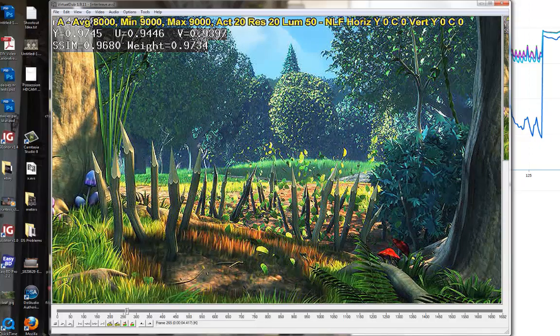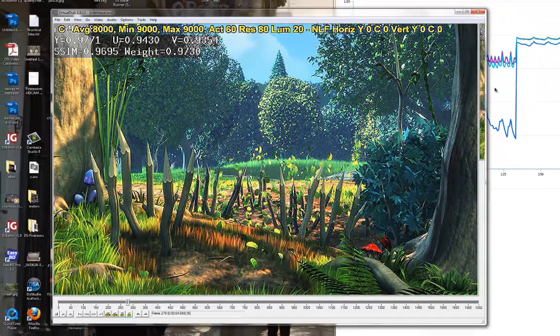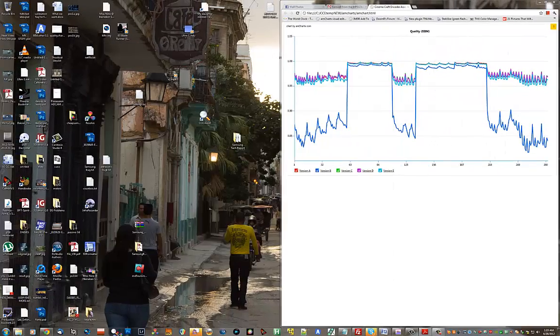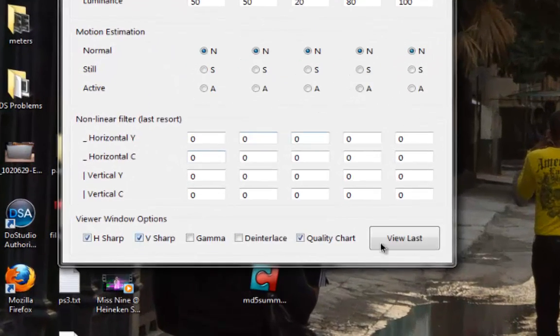And it also prints at the top the quantization parameter settings that were used to get that result. You'll remember that we turned on the sharpening before in the CCE Assist side. Now if we want to change those settings, we can. We just close the viewer window, reload CCE Assist, and there's a button down here called View Last. That will just take you back to the viewer window